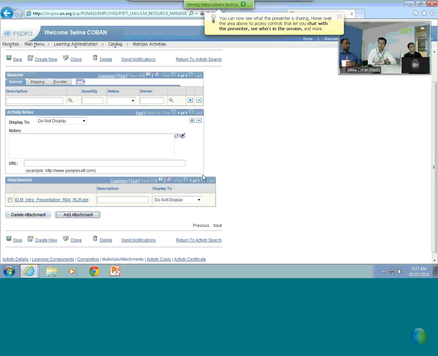So you can attach anything. We recommend attaching PDF documents of less than 1 megabyte. You can have attachments displayed to all learners, meaning people who have not been enrolled, or only to people who are enrolled. Normally people select this option. I'll select enrolled learners.